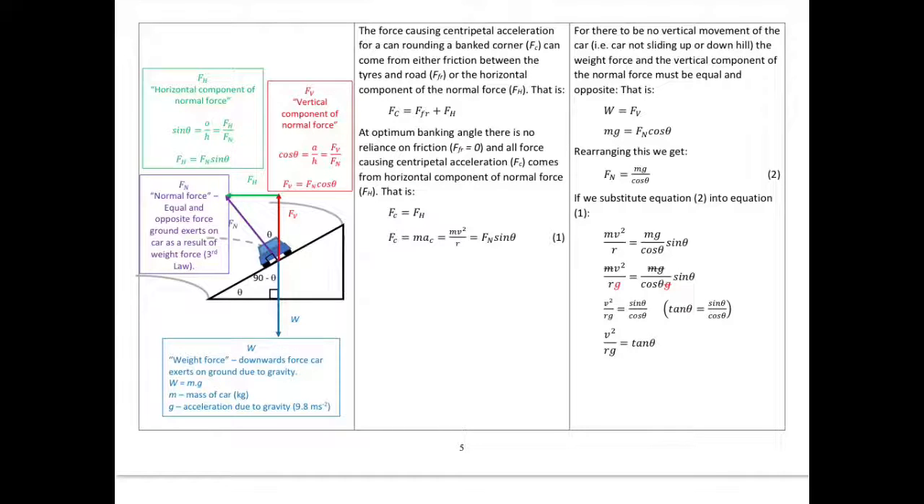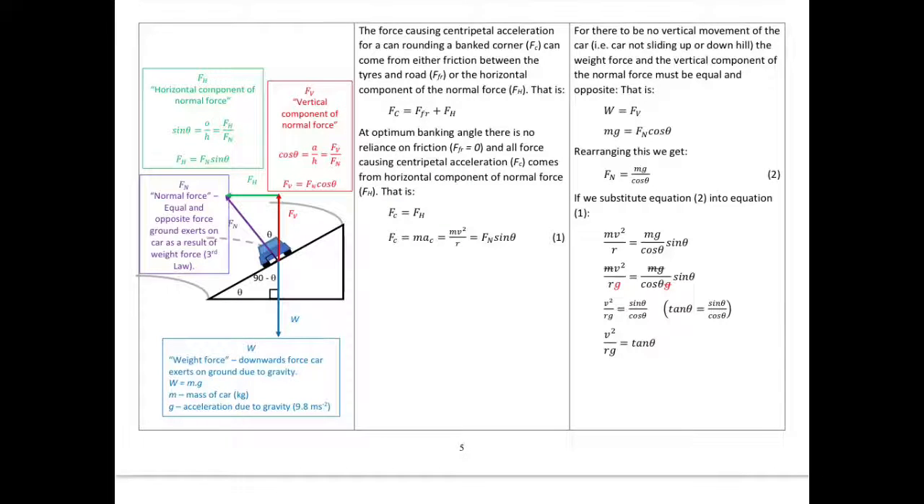So let's work our way through, starting with this diagram that we just looked at. We've got our weight force of the car exerting a weight force down on the road, and that's described here. The road exerts an equal and opposite force on the car, but that's at 90 degrees to the road, at a normal to the road. So we call that our normal force here in purple. That normal force has a vertical component up here,